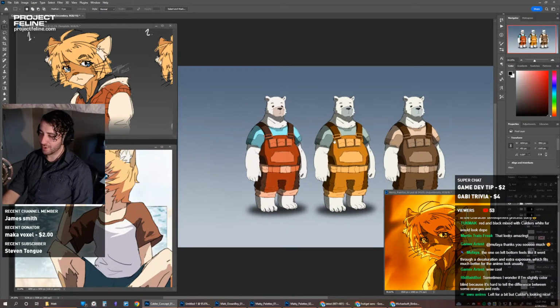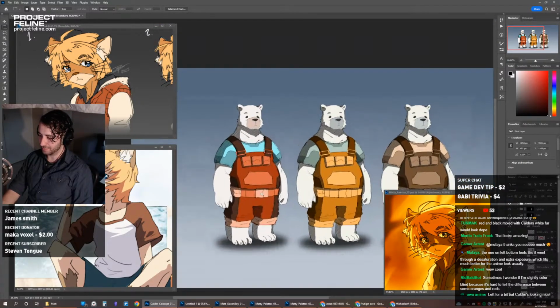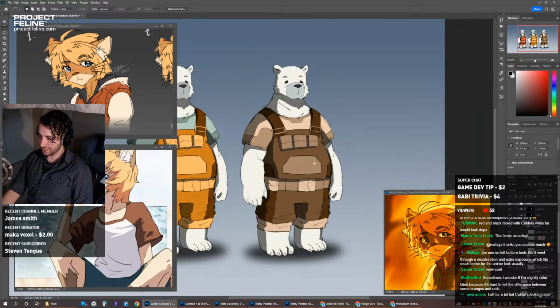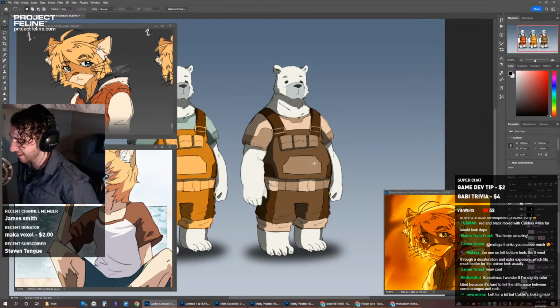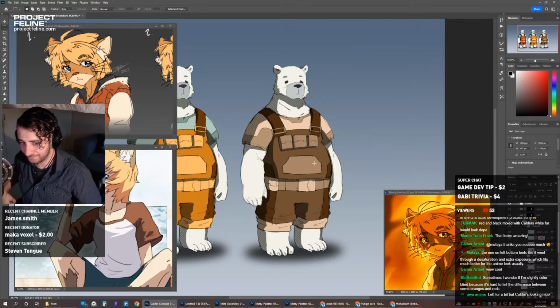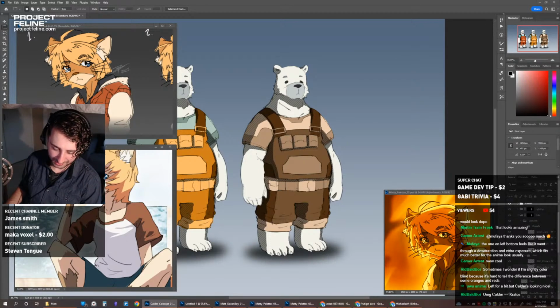At the moment I'm preferring this one more because it's just more vibrant. I think it fits better with what I'm doing. I can't imagine this guy fitting in with Gabby's world that well. He doesn't look like a main character. He looks more like an NPC to me now, I think. But hey, that's just a game theory.